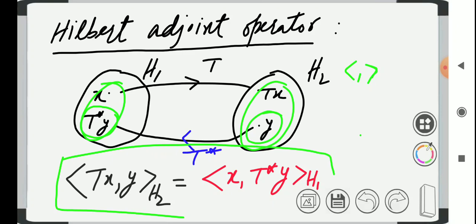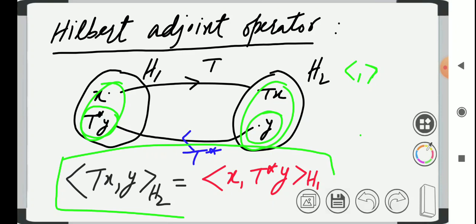In this lecture, we will study this operator. We will show its existence, that it really exists, and we will show it is unique, that corresponding to an operator T we can associate one and only one operator known as T star, which is known as its adjoint. Also, you might have studied adjoint matrices in your algebra courses in earlier classes.